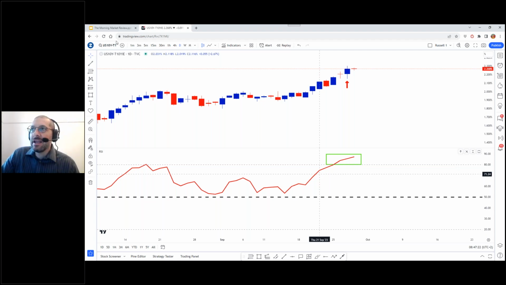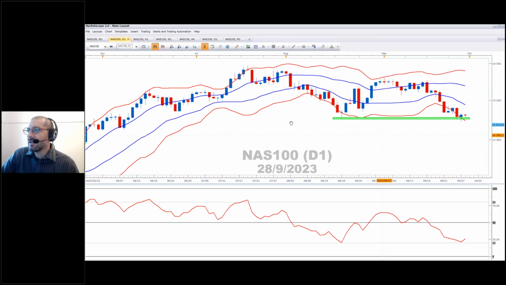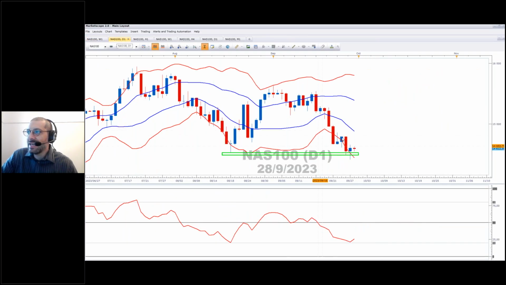If we take a look at NASDAQ on the daily chart, you can see that it is in zone 3. Zone 3 is our bearish area. It's between the lower blue and the lower red. Yes, we're at this support. You can see that we do have a negative momentum as well. Take a look at the